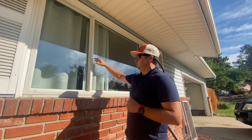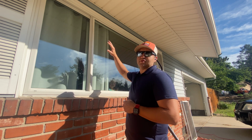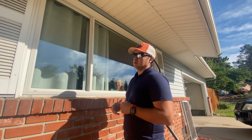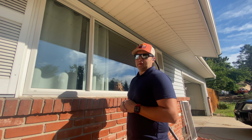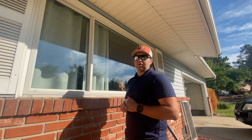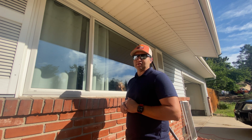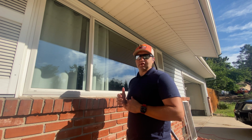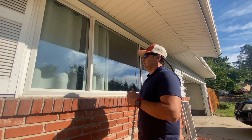What I'm going to do is scrub all the frames first, starting at the top, and make sure these are really clean. This is especially important when you are dealing with window frames that are heavily oxidized. Here in Colorado, this is typically the case with most homes that are in the sun constantly. They are